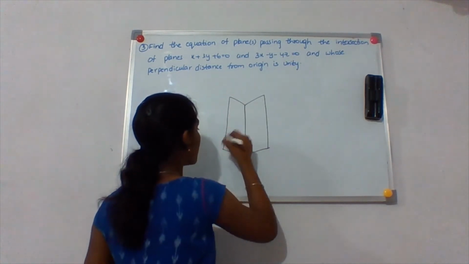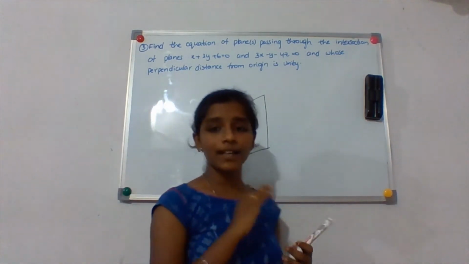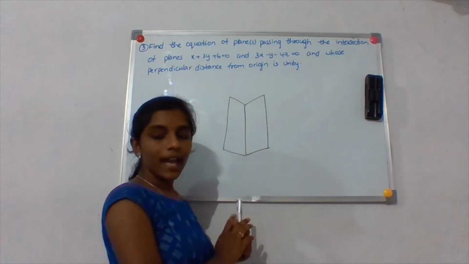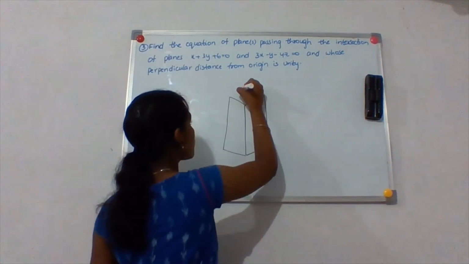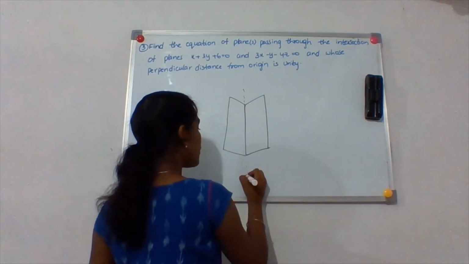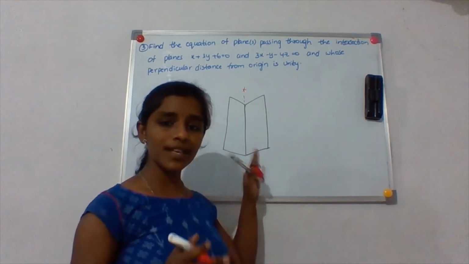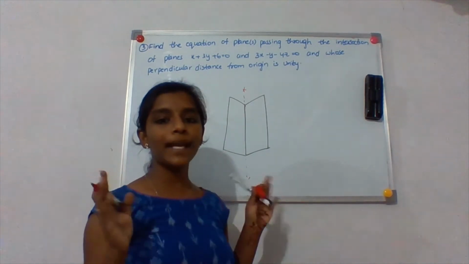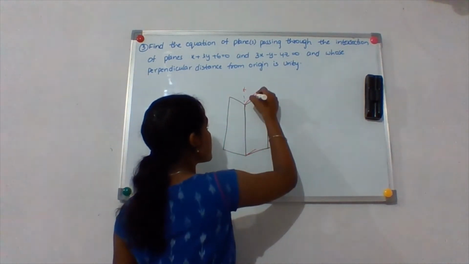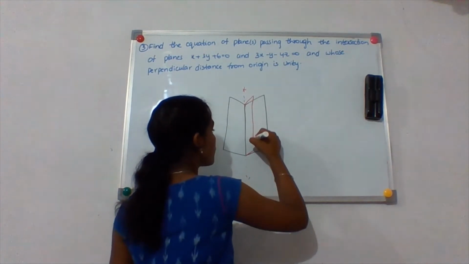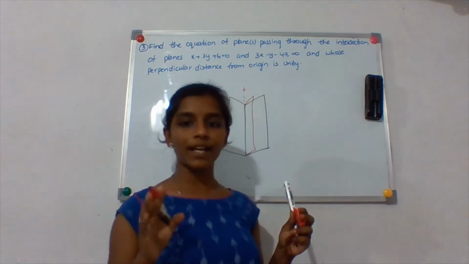And this is the other one. Okay, so these are the two planes. And what is this one now? This is called the line of intersection of the planes. You already know it. Now he is saying that through this line of intersection there's some plane passing. So now how do you draw it? You will draw something like this. Right? So this is the required plane equation that you need.